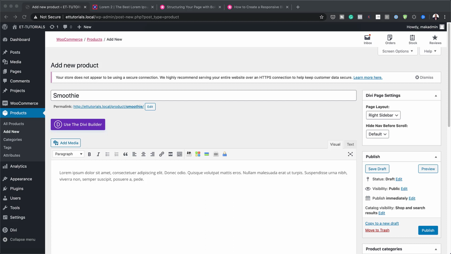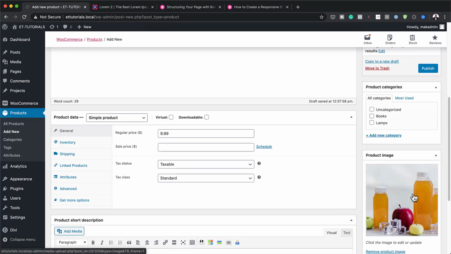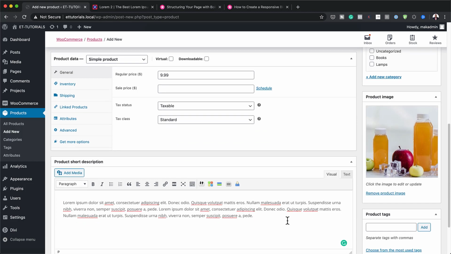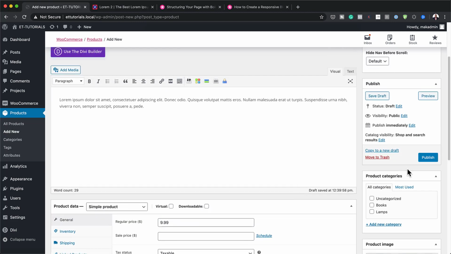So what you want to do is to create a brand new product. I've clicked on add new here and I've named it smoothie. Over here, you want to add your description, and then on the right here, you want to add your product image. So I've just added an image here for my product, and then continue on by adding a price. I've added a price over here, $9.99, but of course in your case, you can add whatever price it is. And then here you also want to add your product short description. So pretty much that's all you need to do here to add a product, and then you want to hit